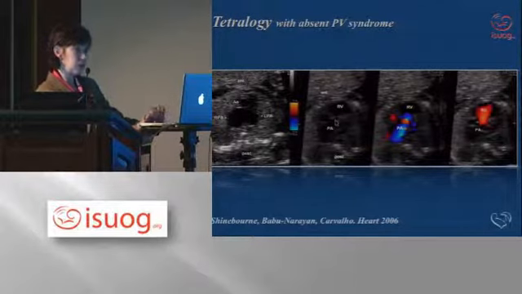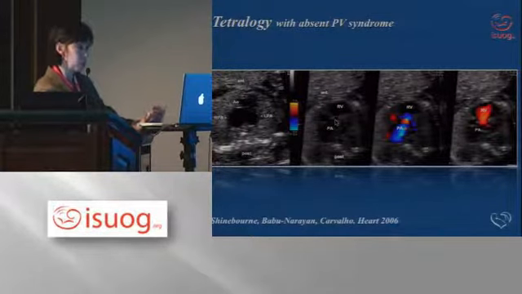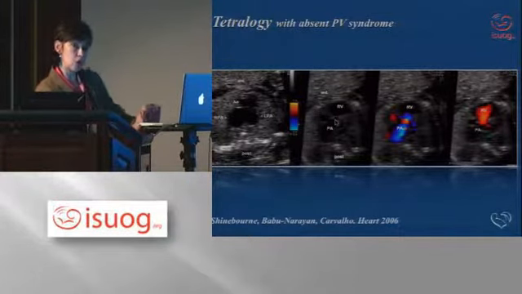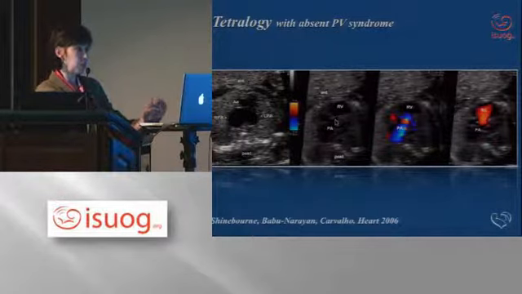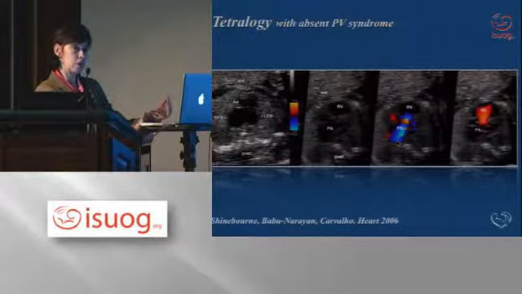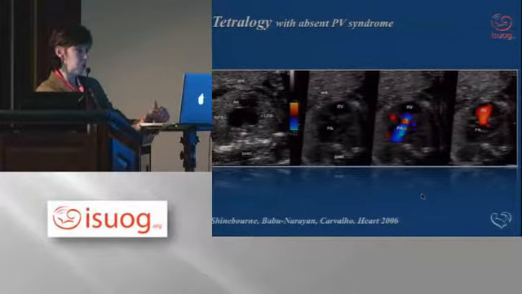And at the region of the pulmonary valve, you don't have a valve as such, that opens and closes, but rather a ridge which has an orifice. So it does allow blood to go through, but because it doesn't have a valve, it also allows regurgitation. So we have forward flow, which is usually with a degree of stenosis, and we have reverse flow. So we have that to and fro flow across the pulmonary outflow tract and the pulmonary arteries, which become progressively